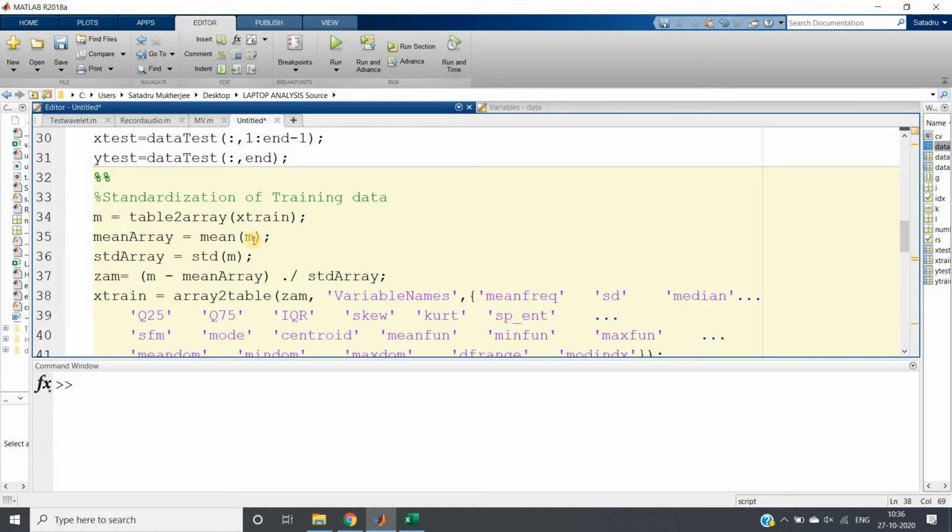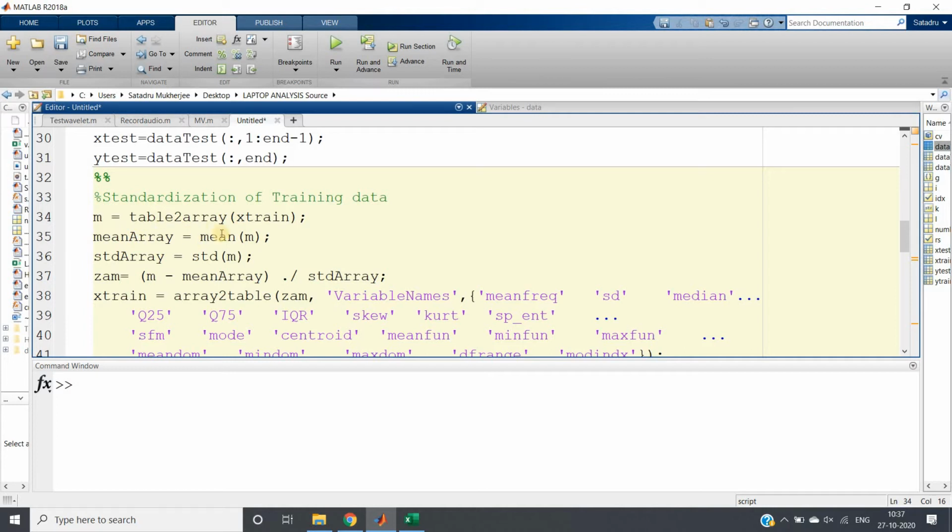Okay, so what I am doing, I am applying standardization, because I have told you mostly we prefer standardization instead of normalization. Okay, so first I am converting from table to array, then calculating mean for all individual columns, calculating standard deviation for all individual columns, then for all columns we are subtracting mean. Okay, then dividing by the corresponding standard deviation. Now to do this, first you need to convert table to array, otherwise it will not work.